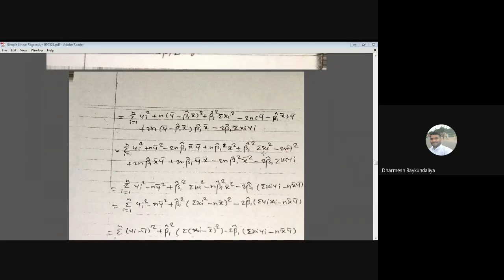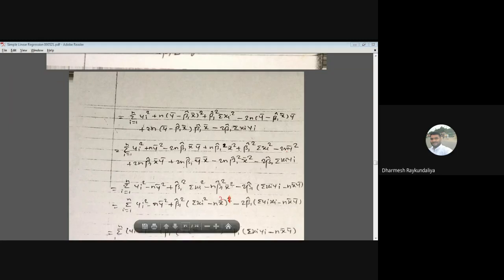अब यहाँ पे बीटा 1 कैप स्क्वायर है कॉमन, तो यहाँ पे समेशन xi स्क्वायर है, यहाँ पे क्या है, ये माइनस 2n है, वहीं आ रहा है, वही स्क्वायर वाला टर्म, यहाँ पे एक n है, यहाँ पे माइनस 2 है, तो एक ही माइनस n बचेगा, तो बीटा 1 कैप स्क्वायर को कॉमन ले लिया तो क्या मिलेगा, समेशन xi माइनस x बार n x बार, ओके, यहाँ पे स्क्वायर नहीं आएगा, ये गलत है, ये शुड नॉट बी स्क्वायर,